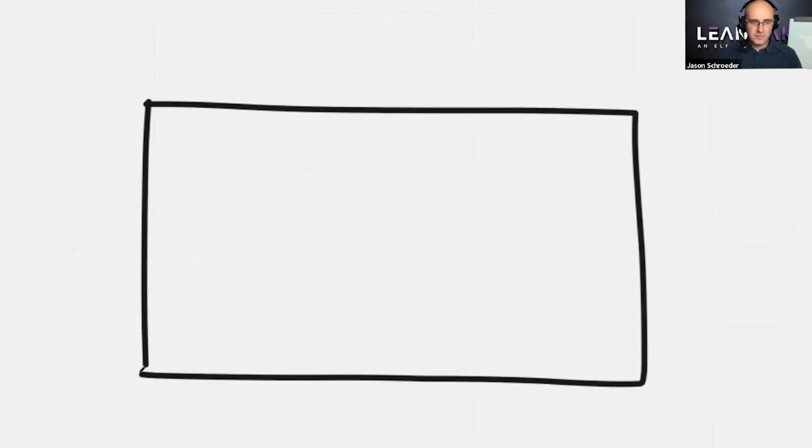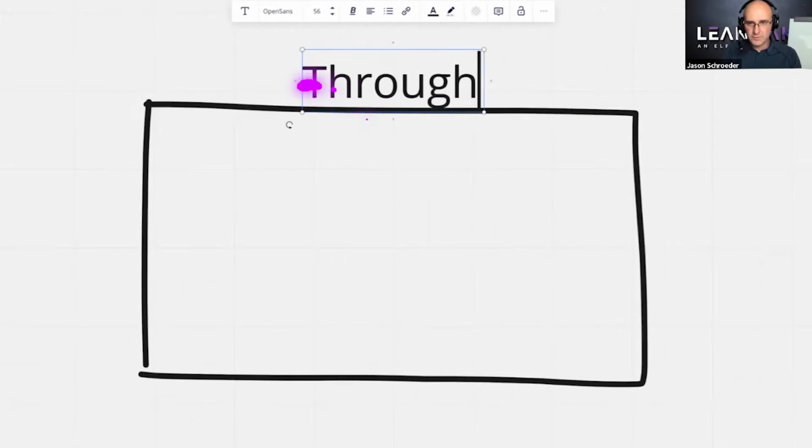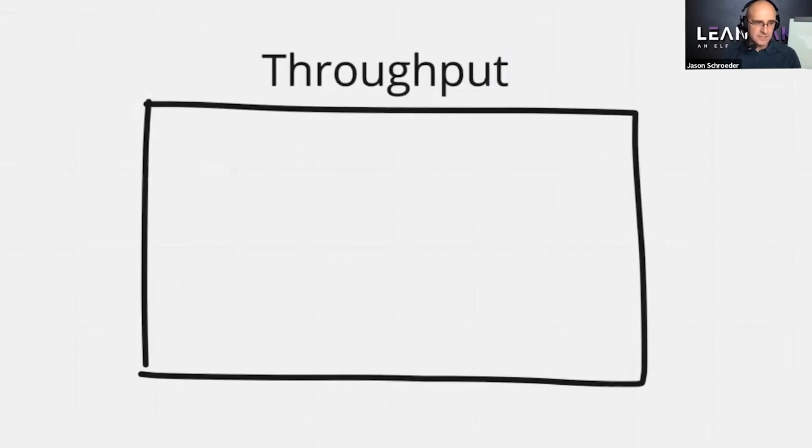Let's say you have a manufacturing facility, and what I want to do is understand what the best throughput is. If I bring materials into that facility, the rate at which they come out is my throughput. Now, let's say that I have a machine, and each thing that we're making goes through